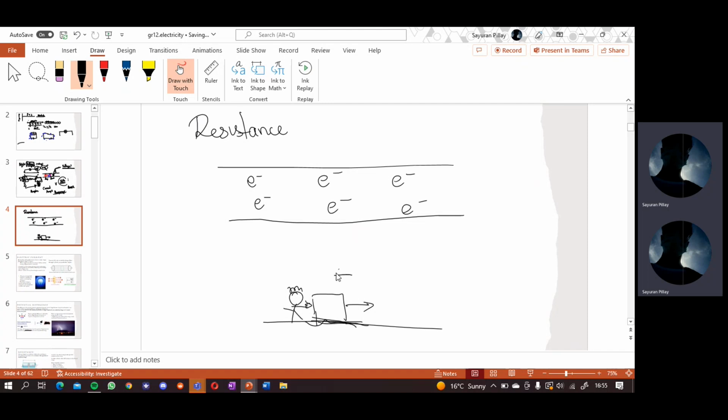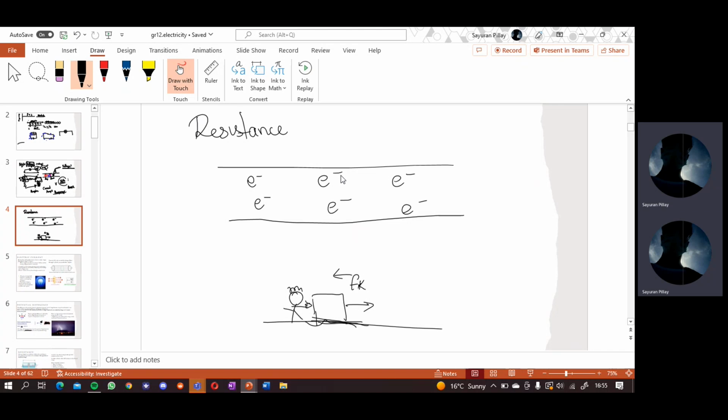You're going to have a frictional force opposing motion, isn't it? Fr or Fk, whatever you want to call it, friction. So just like that, these electrons in the conductor experience friction. Now we don't really use forces in conductors and electricity. That's not really in your syllabus. But just know that it's there, and that friction causes the charge to be